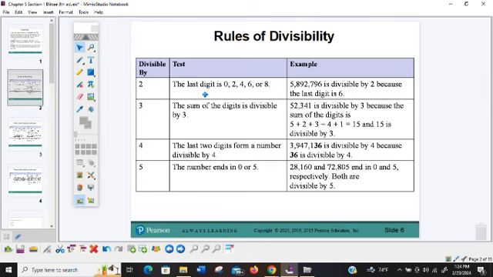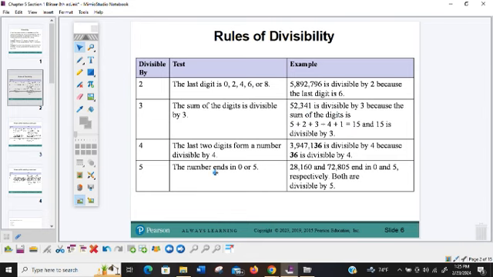There's an easy rule for 2. If it ends in 0, 2, 4, 6, or 8, an even number, then 2 goes into it. So if we look at this really large number, it's divisible by 2 because the last number is a 6 and 2 goes into 6. On this one, for a 3, if you add all the digits and 3 goes into that number, then it is divisible by 3. For example, if we take this number and we add all of those digits, 5 plus 2 plus 3 plus 4 plus 1, we get 15. 3 goes into 15, so 3 will go into